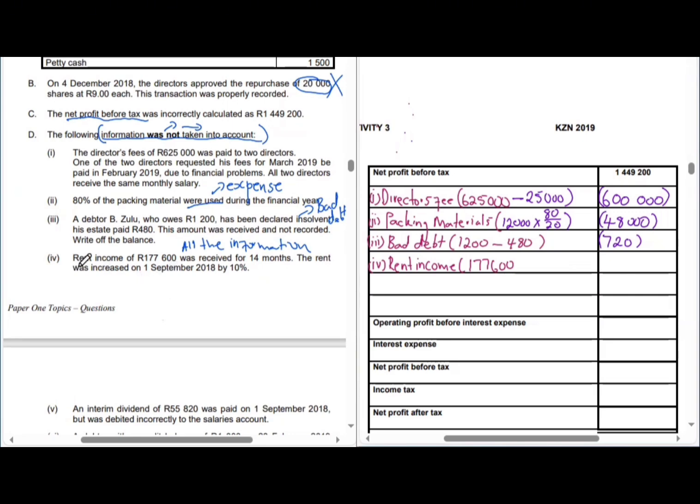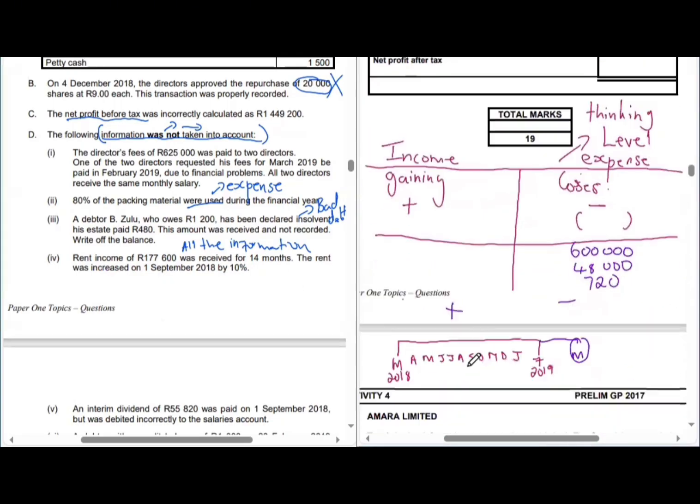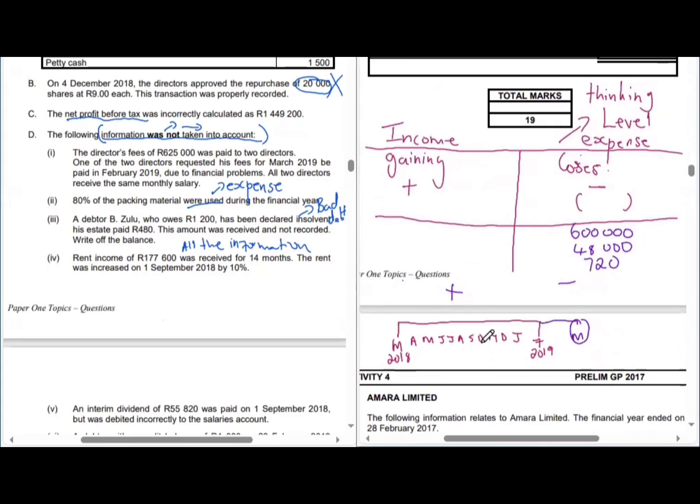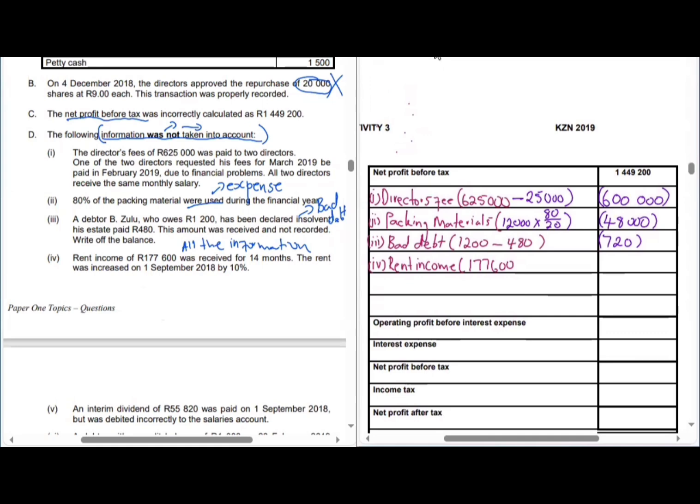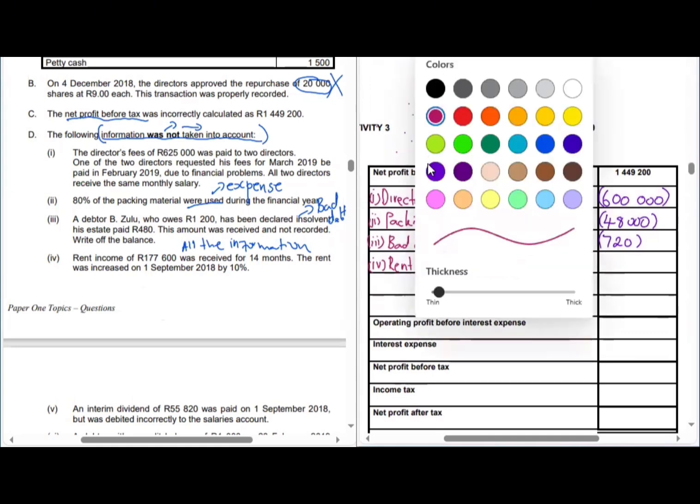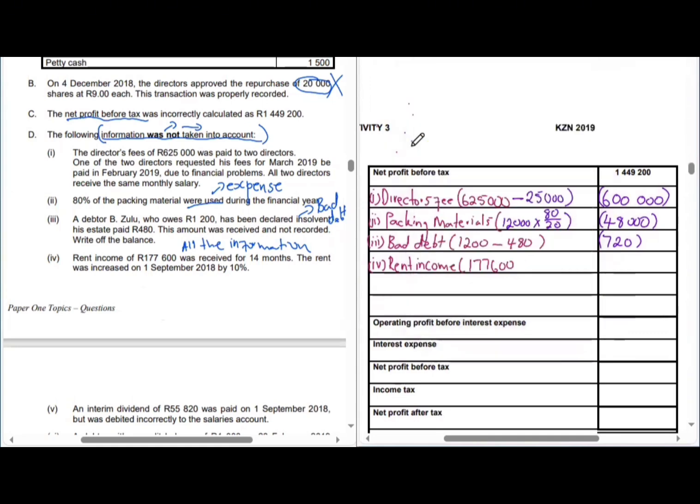So guys, now let's find out and look what happened. So rent income of 177,600 was received for 14 months. And in accounting, guys, we only stick within 12 months period. We only stick within what? 12 months period. Anything beyond our financial year, anything beyond our 12 months period, it must be illustrated by a negative sign. Then now we can go to our what? To our transaction, and then show what? Show the negative sign. That under rent income we need to subtract